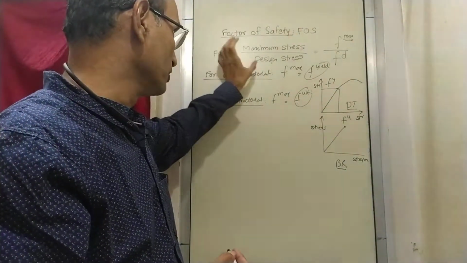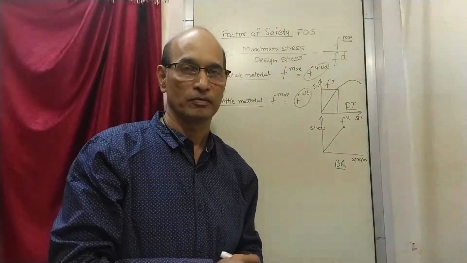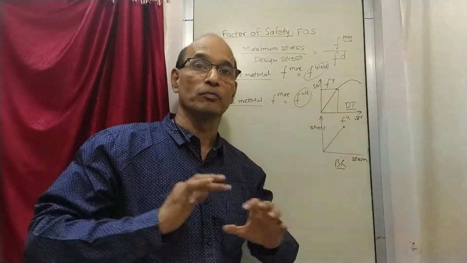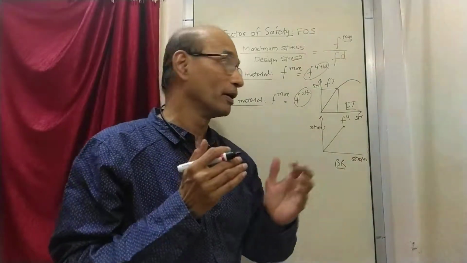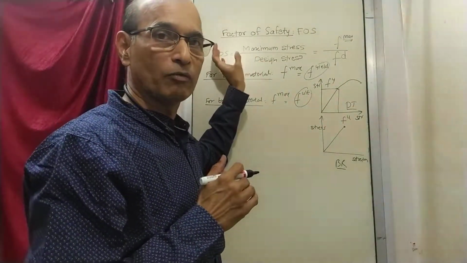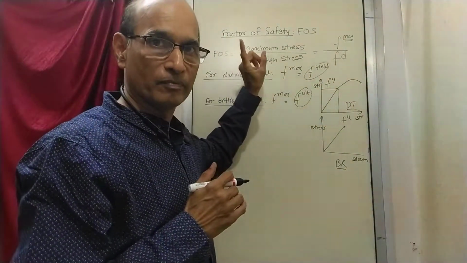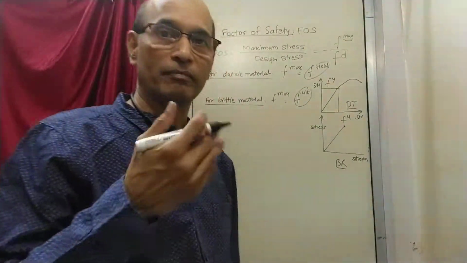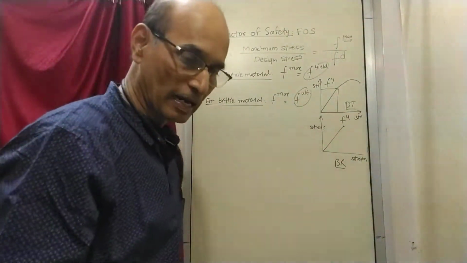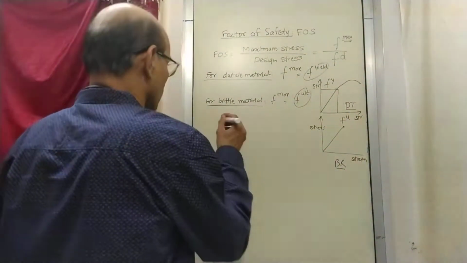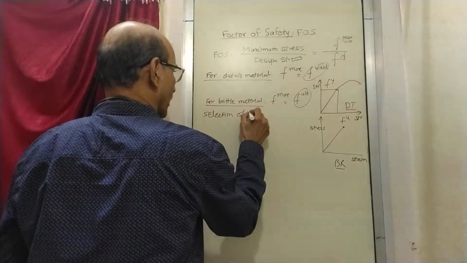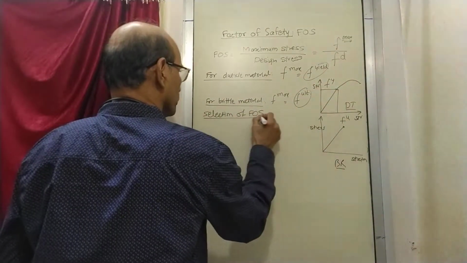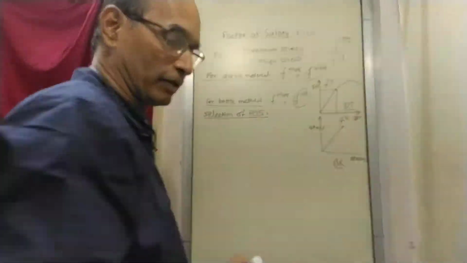It is a factor which decides how much safe you are going to be. So in the last example, we wanted to make it double safe, 2 times safe. So our system should be 2 times safe, so we divided the maximum stress by 2, and that value we took for design last time. Okay. Now how this factor of safety is decided, that is what we are going to talk about. Selection of factor of safety. How do you decide the value of factor of safety?